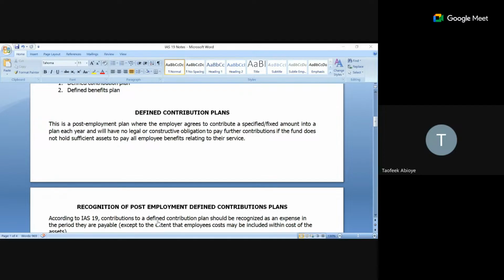Okay, let's continue. Now, what a defined contribution plan is, let me quickly put it in. The organization will contribute, let's say, 20,000, a fixed amount, into a plan each year. Now, at the end of 30 years, if the organization has 50 employees, and the pension payable